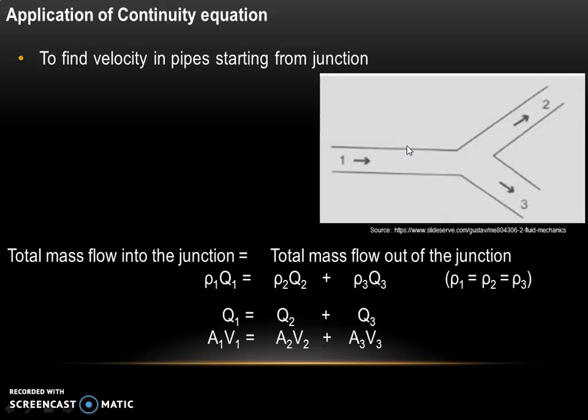And if we consider that the density of the fluid flowing through all the 3 pipes is same, then ρ1 equal to ρ2 equal to ρ3. So this same equation reduces to Q1 equal to Q2 plus Q3. And we know that discharge is area into velocity. So it is A1 V1 equal to A2 V2 plus A3